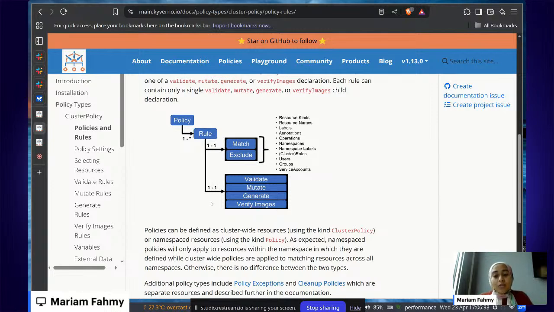And the second important thing is to specify the type of the rule. Kyverno has different types of rules. You can validate resources, you can mutate resources, you can also generate new resources based on another resource. For example, you might have a use case where you need to generate a network policy for each new namespace. You can also verify images. Kubernetes is all about containers, and you have to make sure that images are signed. For this use case, you can use verify image rules to verify the signature of the images.